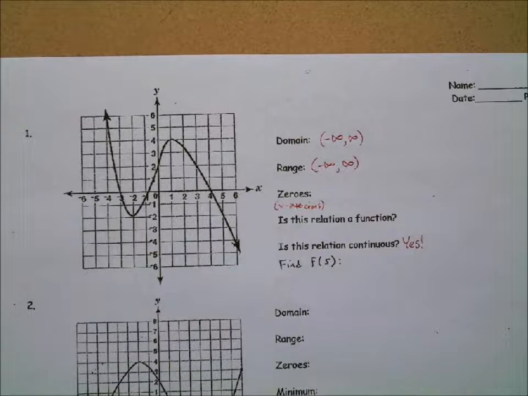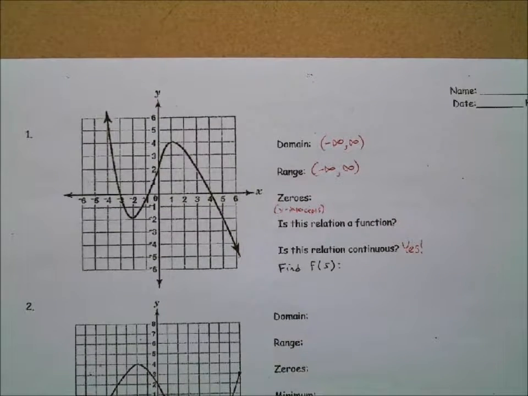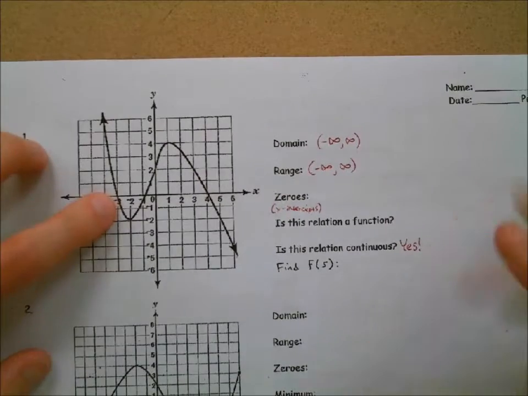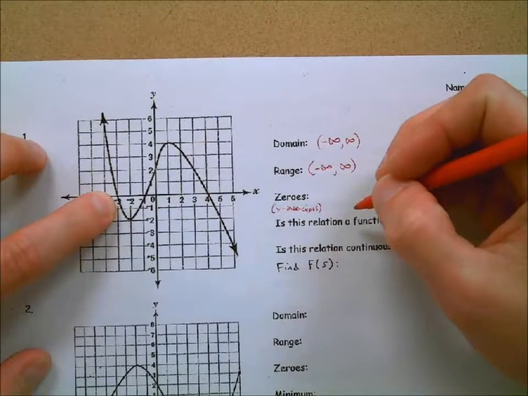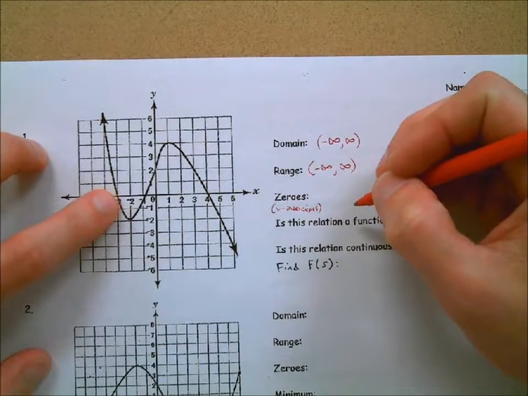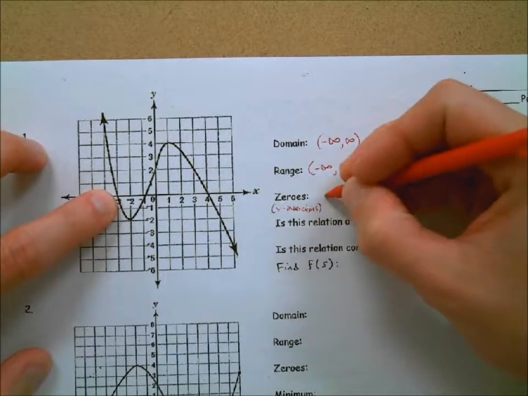Yes, how many times? 3 times. It is 3 times. Now, that's still not going to answer our question, though. We have to identify where it intersects the x-axis. So, Sky, can you tell me one of the locations where the graph intersects the x-axis? -3. Okay, and is that an x value or a y value? It's x. So yes, we have a zero at x equals -3.